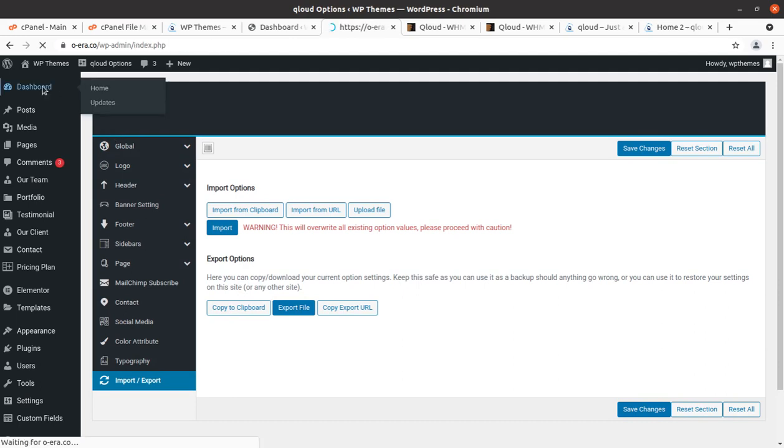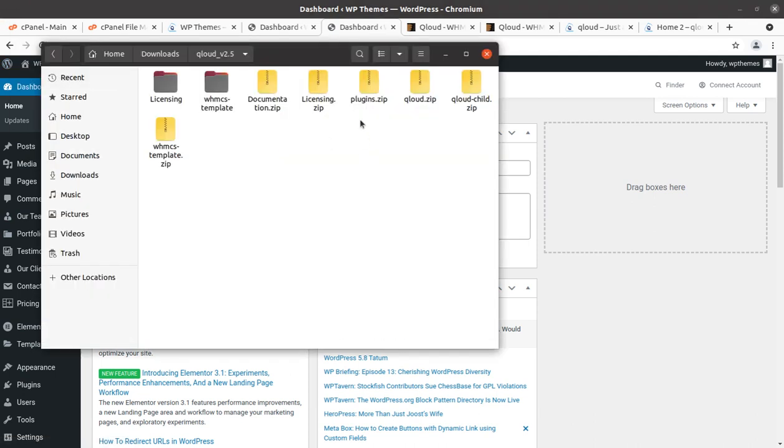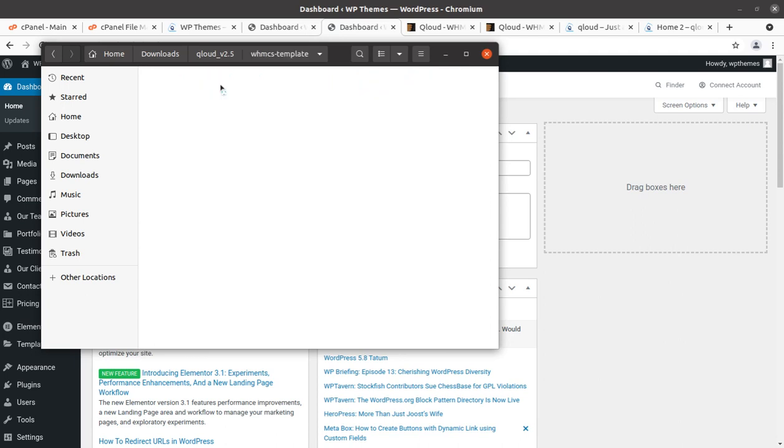So okay, and you already have the WHMCS templates. If you just want to use them, you can install the plugins, the layout templates, and these are the templates.